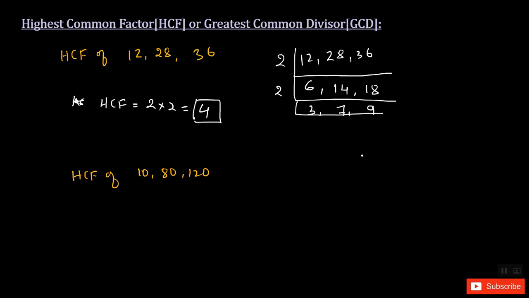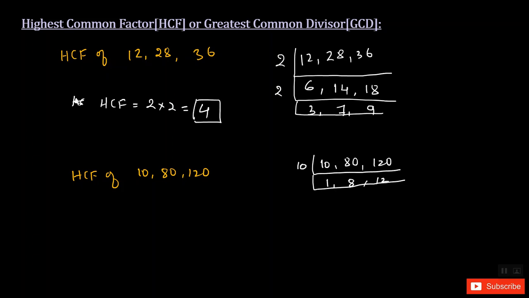So you'll be knowing what that number would be. But if you already know a number apart from the prime numbers which can divide them, you can directly do that, because 10, 80 and 120 are all multiples of 10. Instead of dividing by 2 and then by another number, I can just divide by 10 itself, because they are all divisible by 10. It's not necessary to use primes only, right? So 10 divided by 10 gives quotient 1, 80 divided by 10 is 8, and 120 divided by 10 is 12.